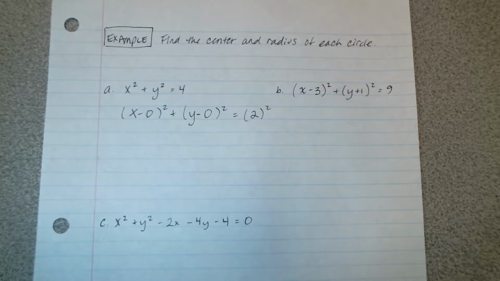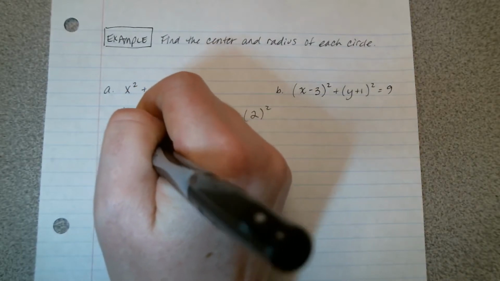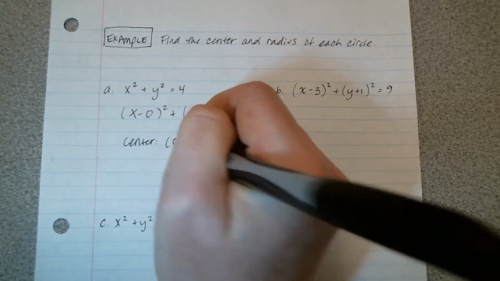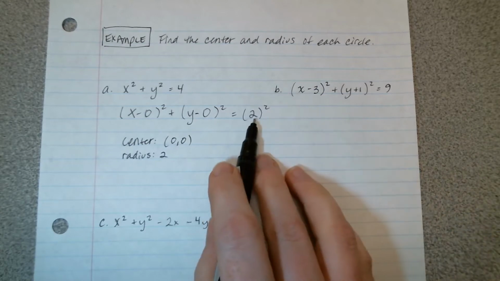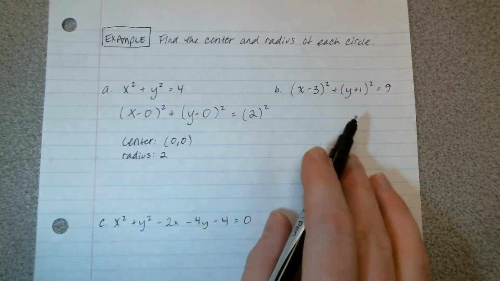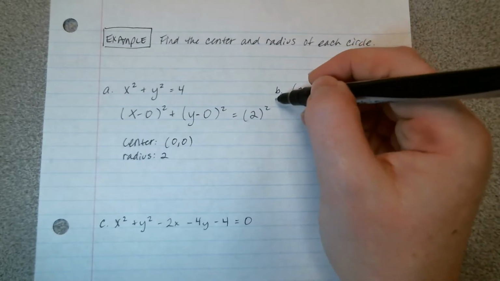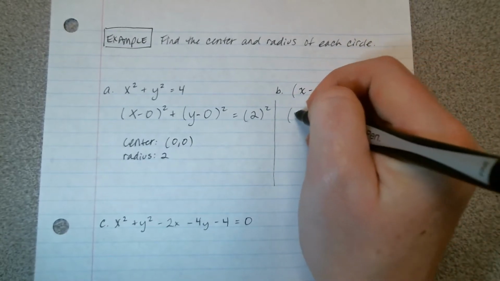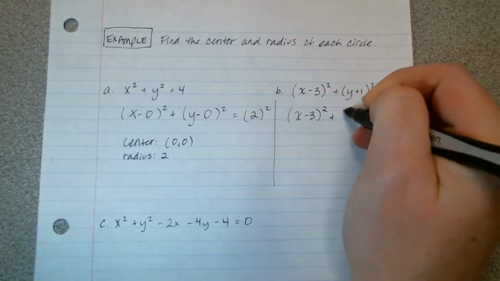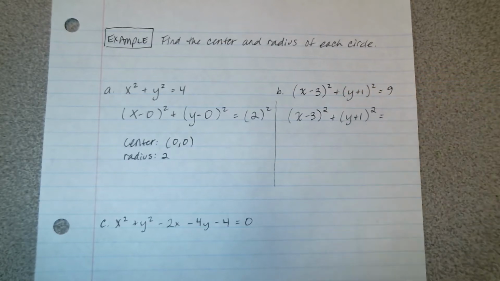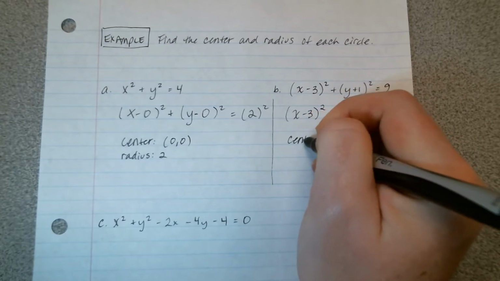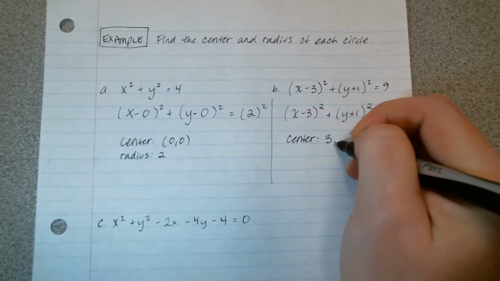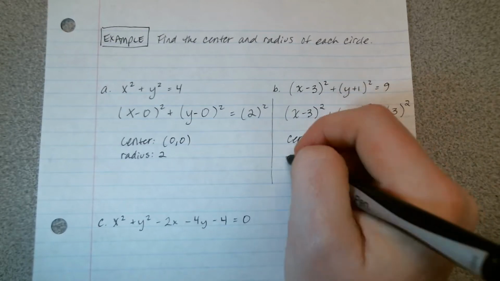And now it's a lot easier to see that the center has coordinates 0, 0, and that the radius is 2. The radius is the base over here. Now in the second example, I'm going to do the same thing. The left-hand side is already looking pretty good, but the right-hand side needs to be rewritten as something squared, and 9 is 3 squared. So now it's really obvious that the center of this circle is 3, -1, and the